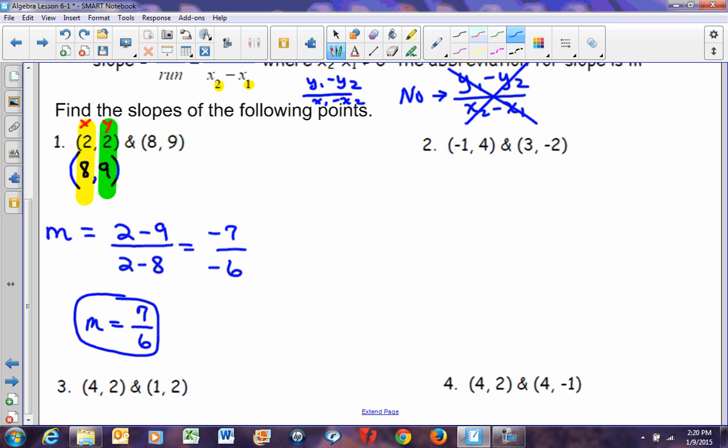You reduce it to lowest terms. You never, ever change it to a mixed number. Now you might ask, why in the world do we abbreviate slope with an M? Slope is an S. Well, slope was not invented and was not determined by